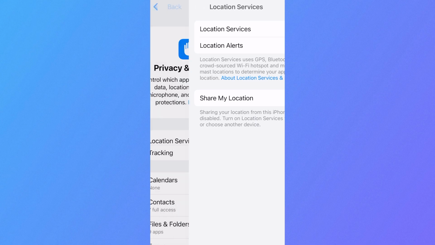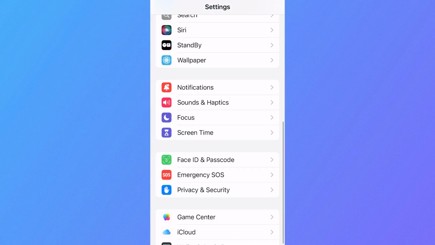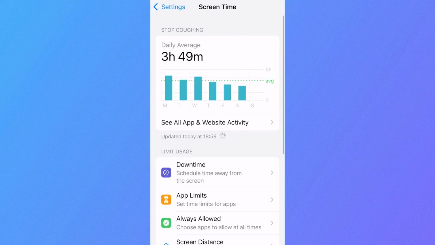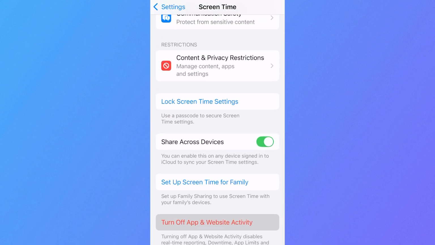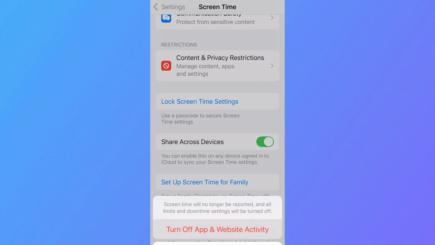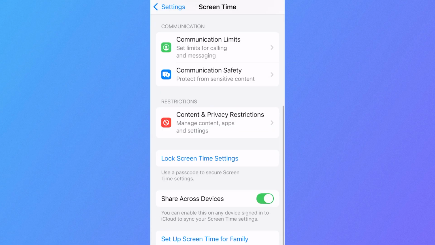Once you've done that, come back over to the previous settings page, scroll up and click on screen time, and then you want to scroll right down to the bottom of this page and you want to turn off your screen time. So I'm just going to click on turn off app and website activity, and once you've done that,